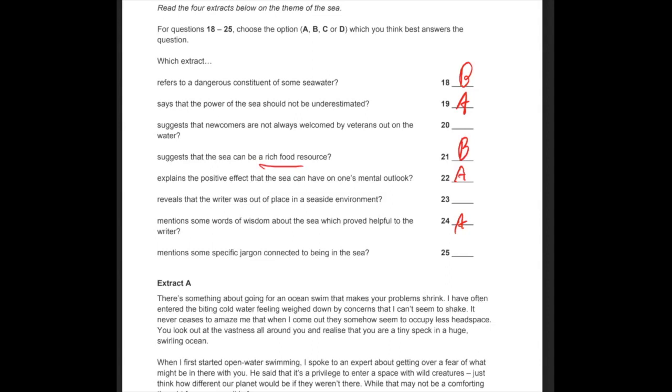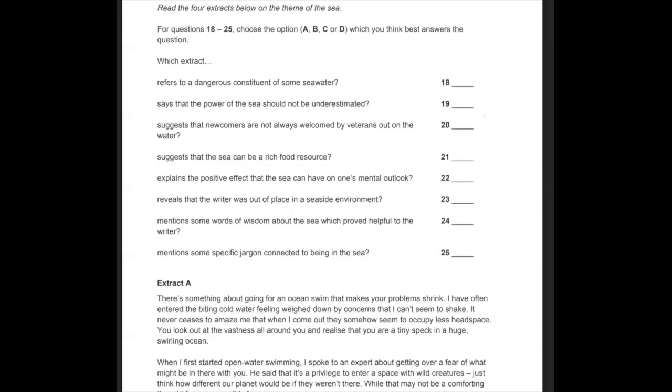And I don't believe that either of these other 2 options are B, right? This one's not about being out of place, and it doesn't talk about specific terms. So it's just those ones, right? And then all I need to do is read through my third extract, right? I don't even have to be concerned with extract D, because if I read through my third extract and find some of these answers here are C, then whatever's left over must be D. So that's another time-saving strategy.